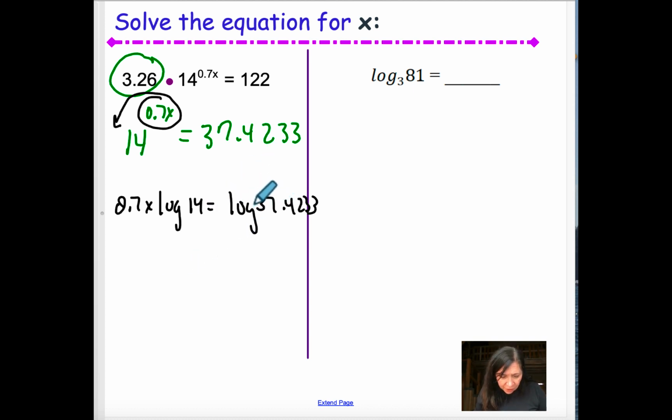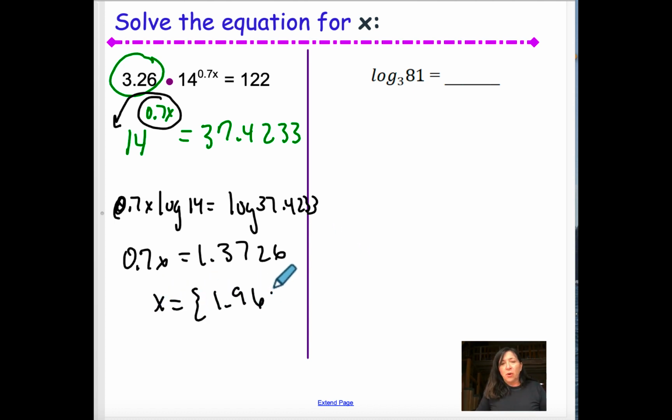So I'm going to take that value and I'm going to log that. I'm going to say answer. And I'm going to take that number and divide that by log 14 on my calculator. And so now I have 0.7x, that's a 0, almost thought it was a 2 for a second, is equal to 1.3726. Now I'm going to divide that by 0.7. So take that divided by 0.7. My final answer for x is equal to